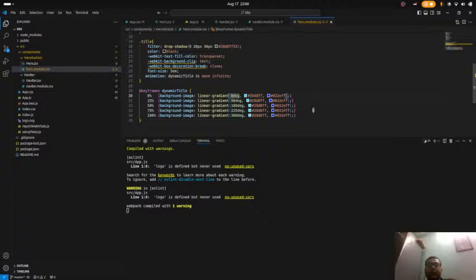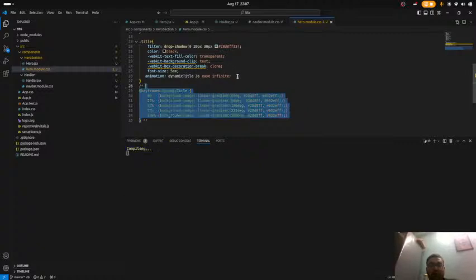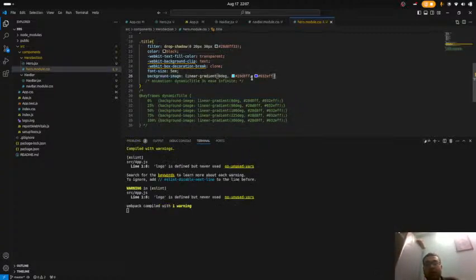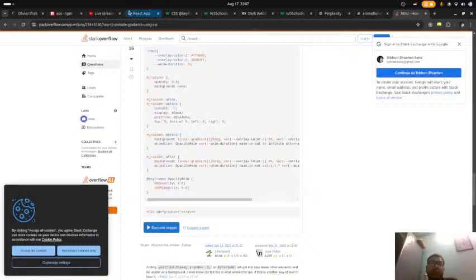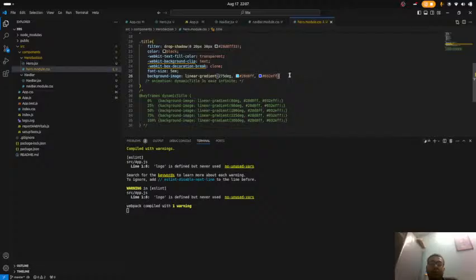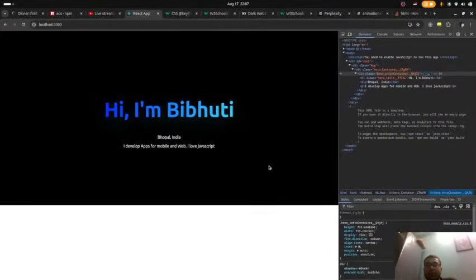Actually try one thing. We're going to comment out this code as usual. We're also going to comment out this code. We are going to take the background image from here and we are going to place it over here. Now since it was 275 degree, but we have the window over here, I want the background image to transform, right? Can I